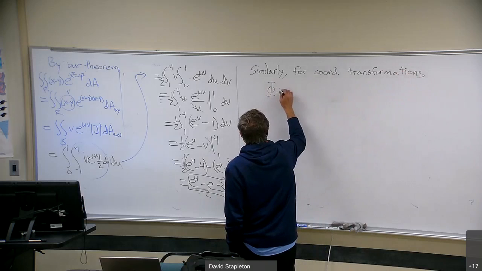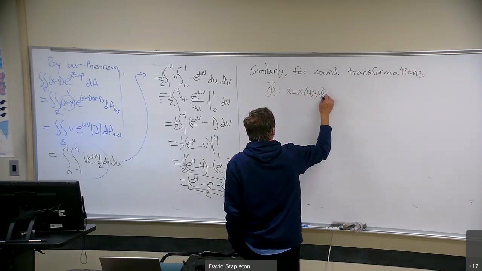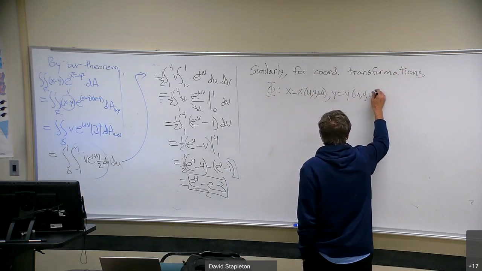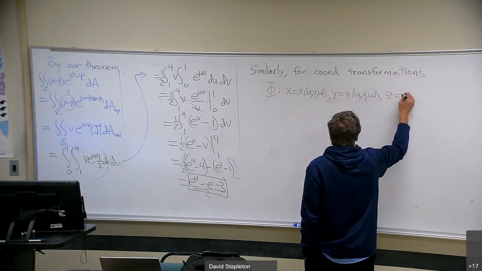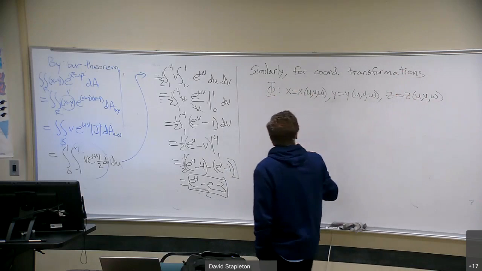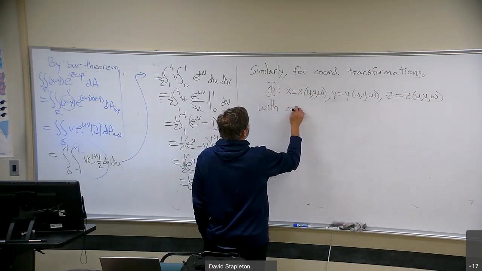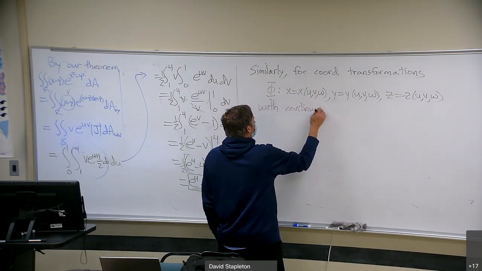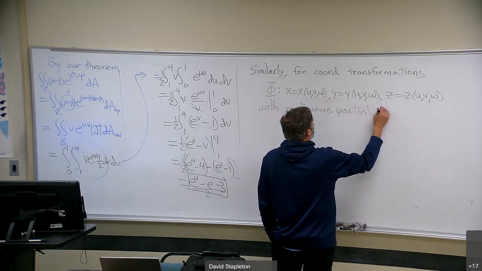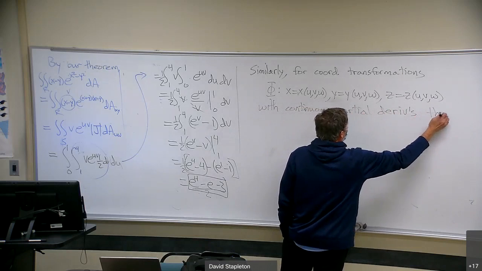Phi makes x a function of u, v, and w, y a function of u, v, w, z a function of u, v, and w, with continuous partial derivatives. The Jacobian